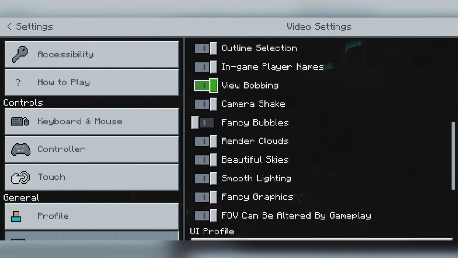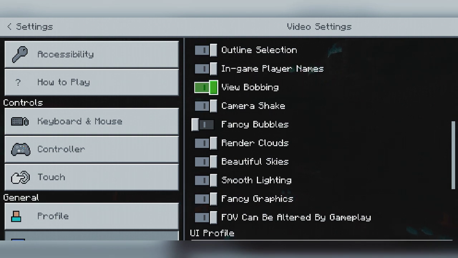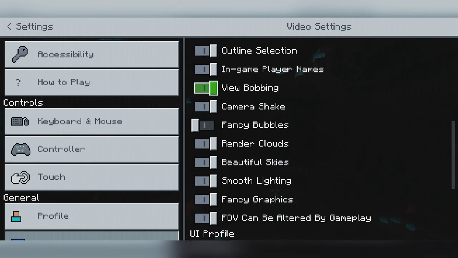And now we have in-game player's name. So in-game player's name does not affect your gameplay, so you don't need to worry. After that we have view bobbing, so please turn off view bobbing. This also lags your game a lot, and if you turn it off, you are going to get more FPS than you usually do.